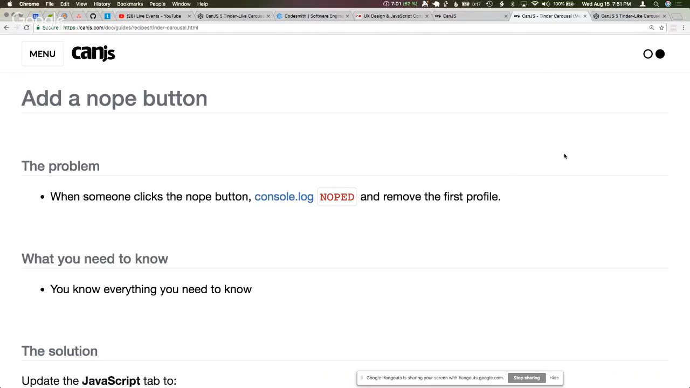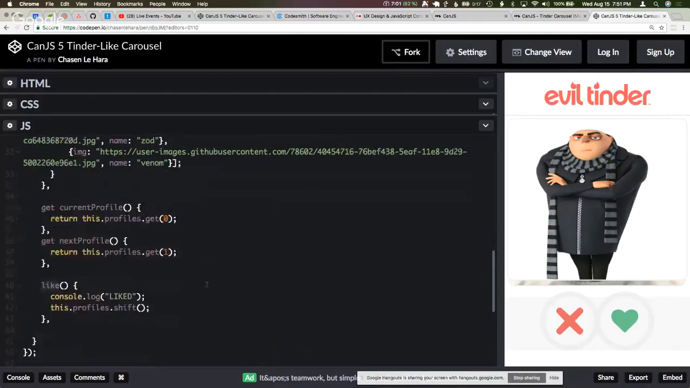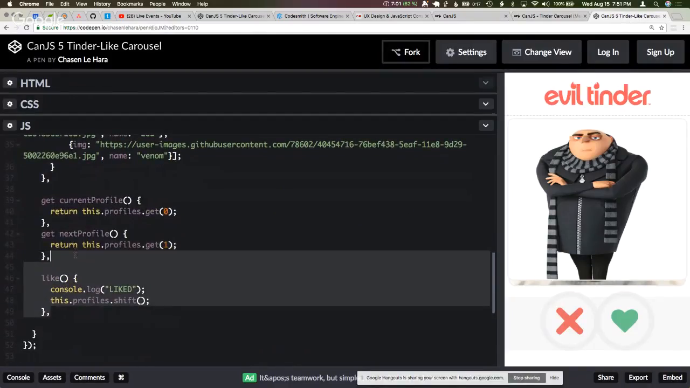Who has their note button working? Sweet. Let's make this one work. Okay, so